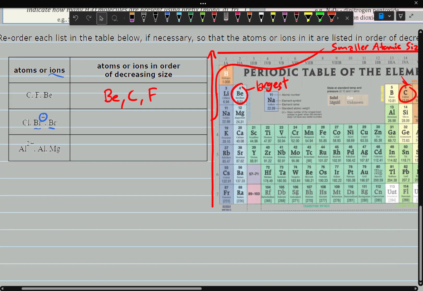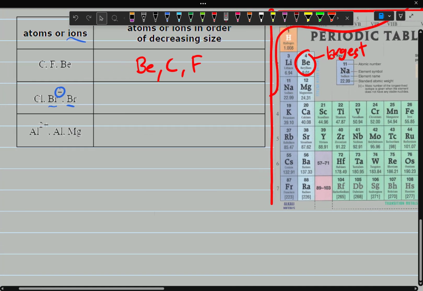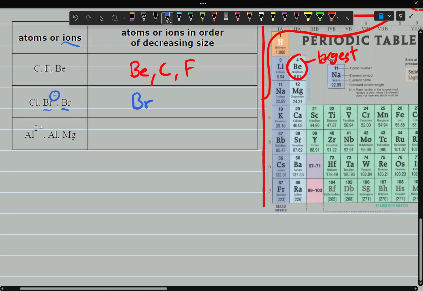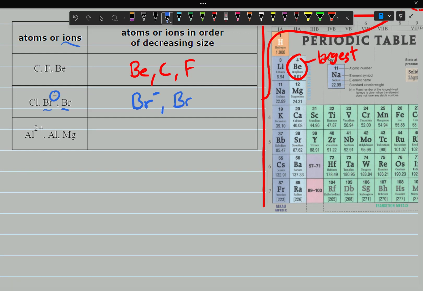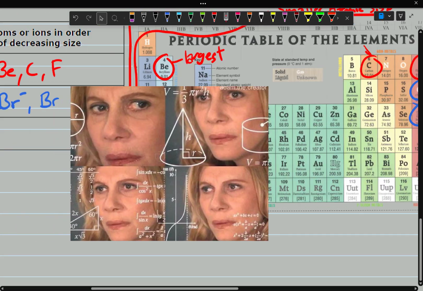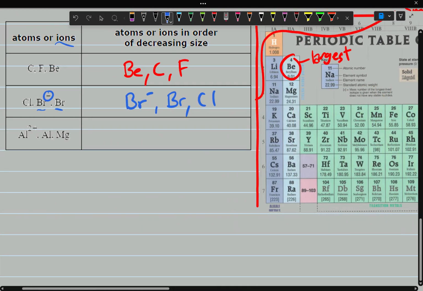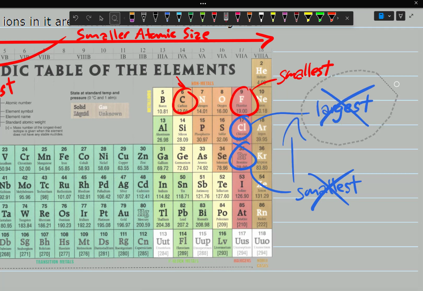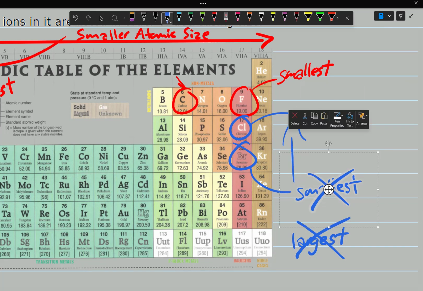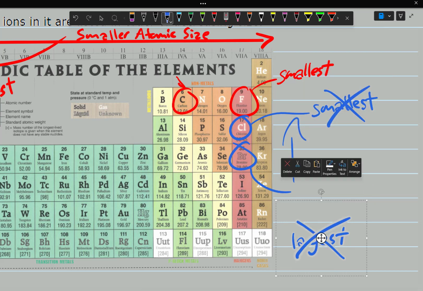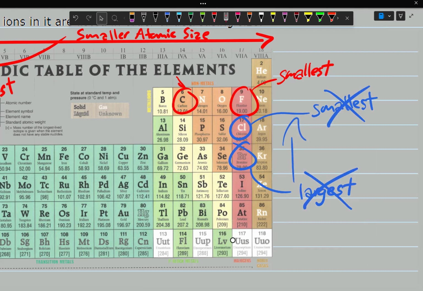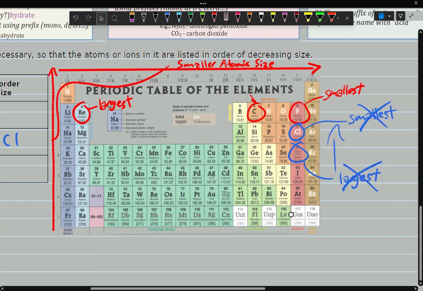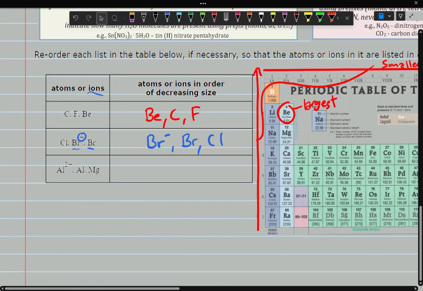So if we're ordering in decreasing size, we would start with Br minus as our largest, and then Br, and then chlorine. I just realized, very stupid, I got these the wrong way. They should be bromine is the largest, chlorine is the smallest. Sorry about that. Don't get dyslexic like me. Moving on,